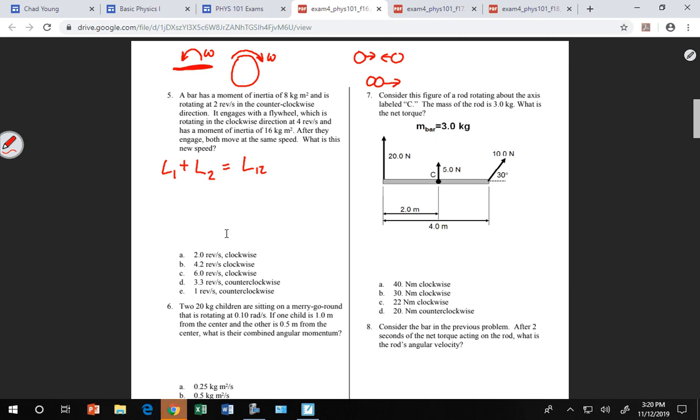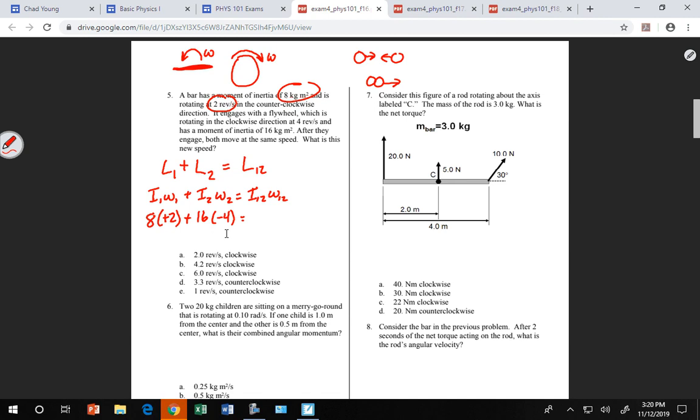All right, the first part is the initial momentum, and the last part's the final momentum. So I have I1 omega 1 plus I2 omega 2 is equal to I12 omega 12, where 1, 2 is not 12, but it means 1 and 2 combined. So I have these values. I1 is 8. Omega 1 is 2. I'm going to write a plus 2 because it's counterclockwise, just to remind me. And then the other is 16, and negative 4